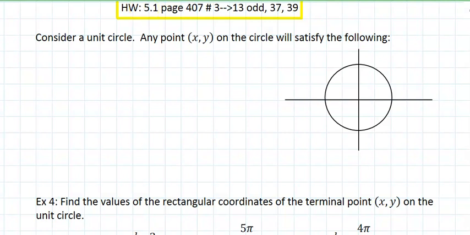Now, consider a unit circle. If I pick a point x,y on the actual circle, the radius is 1. If I look at the actual traditional x,y, there's my x, there's my y. So, if I take the cosine of theta,